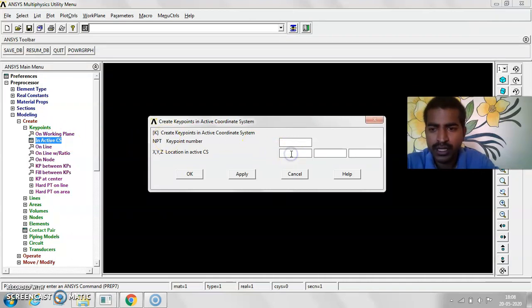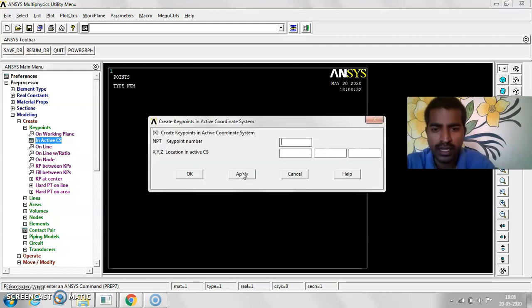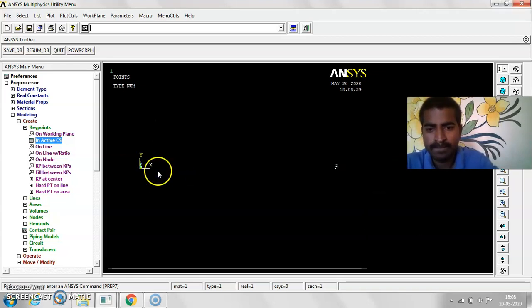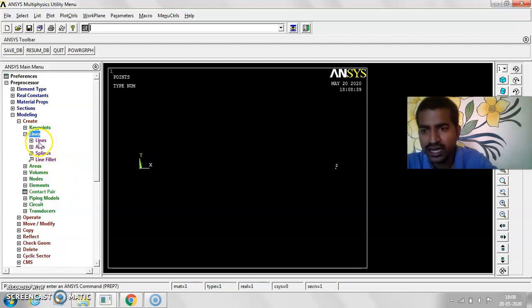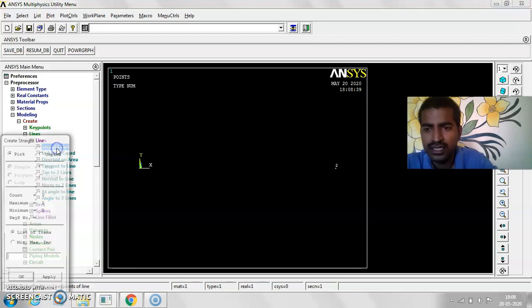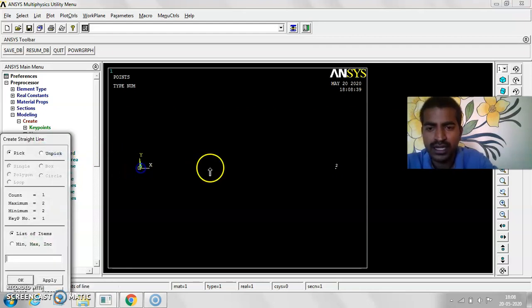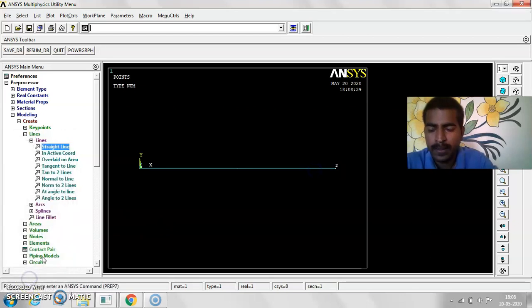For the first key point, just apply, so that one node will be created, and the second node is at a distance of 1 meter. Say OK. Now two nodes are created. Just select a line and connect these 2 points with a straight line. That's it. One line is created.